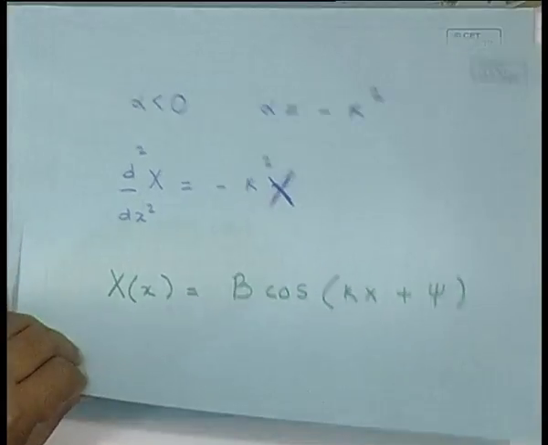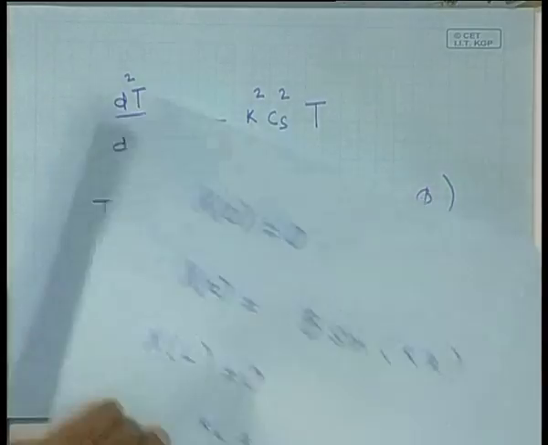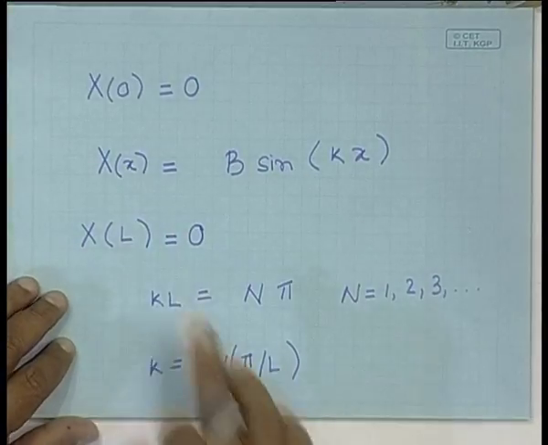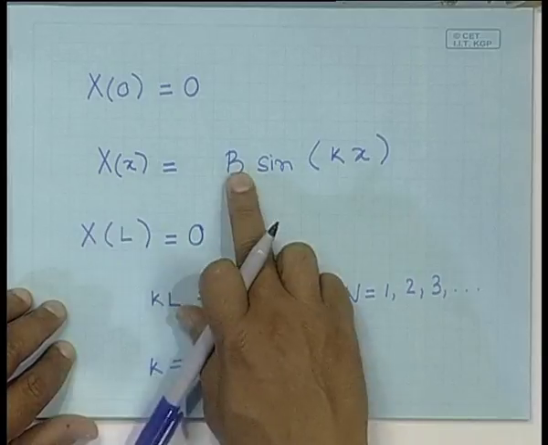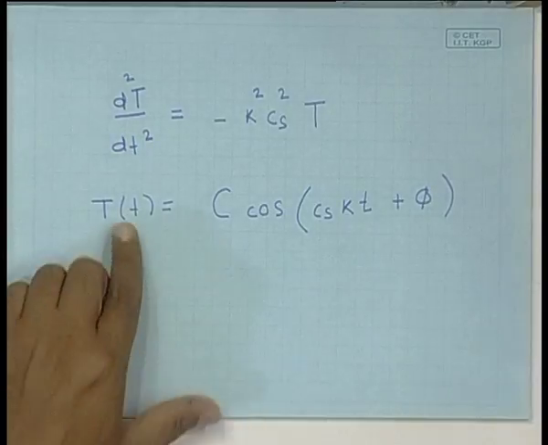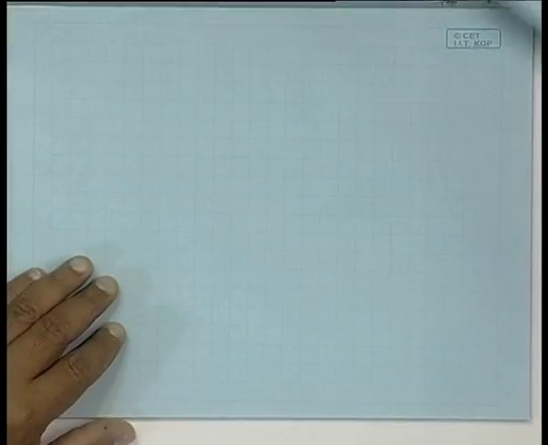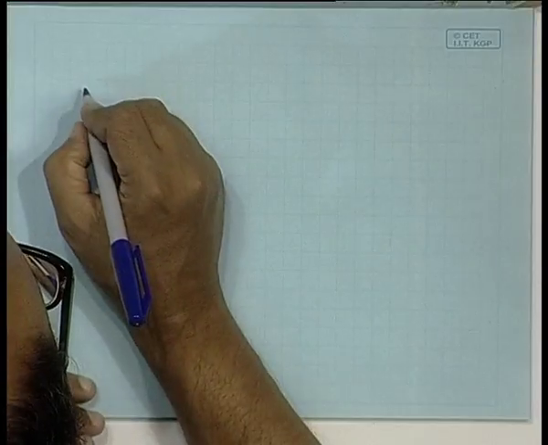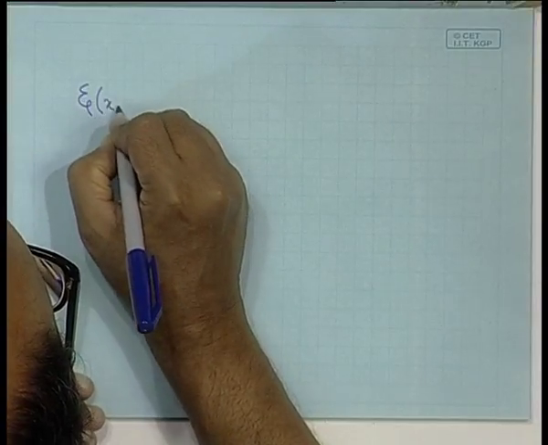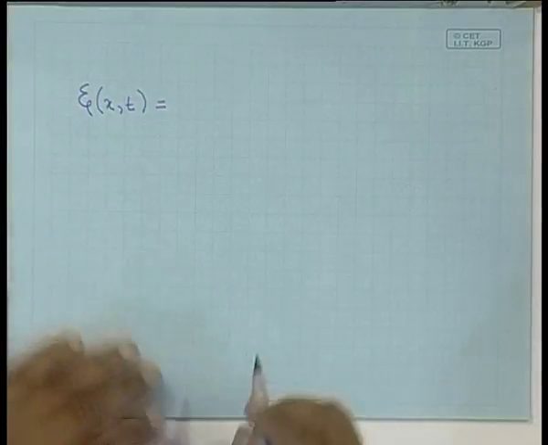We have simplified it, and the spatial part is given over here after the simplification. So, let us put back the spatial part and the temporal part of the solution and obtain an expression for xi. What we see is that xi, the disturbance in the string, is of this form: